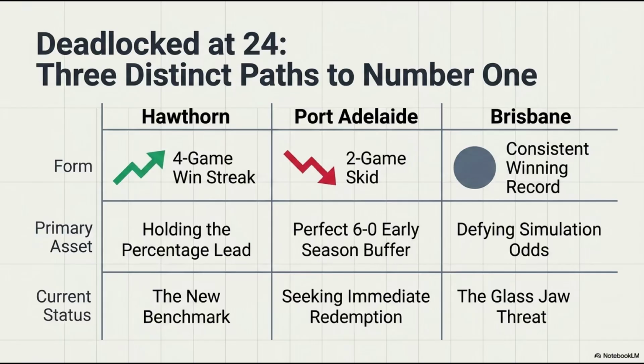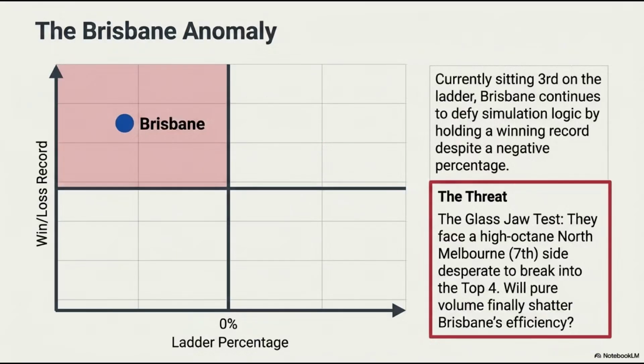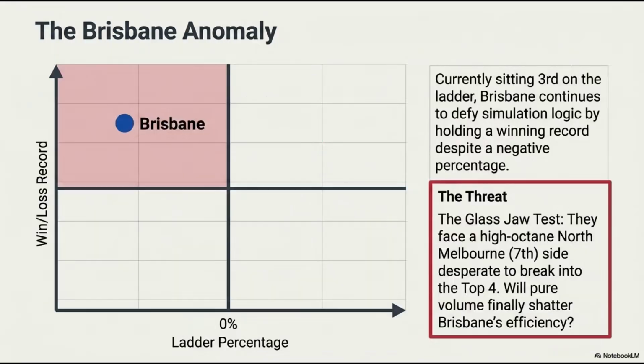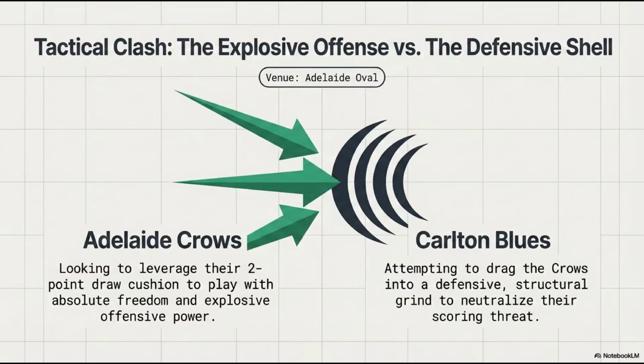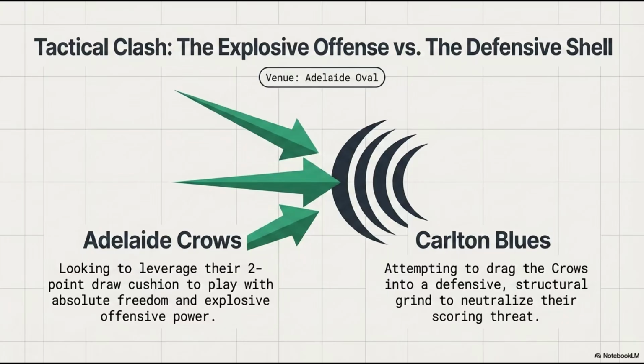Oh. When Brisbane wins, they're just squeaking by. They're edging out an opponent by 2 or 3 points. In the simulation, this implies their profile is hyper-efficient in tight, low-scoring moments. Right. They do exactly enough to secure the 4 premiership points for a win. Exactly. But when their dice rolls fail and they lose, they are getting completely blown off the park in, like, a 50-point demolition. Wow. So their overall points differential plummets into the negative, even though their win-loss column looks elite.